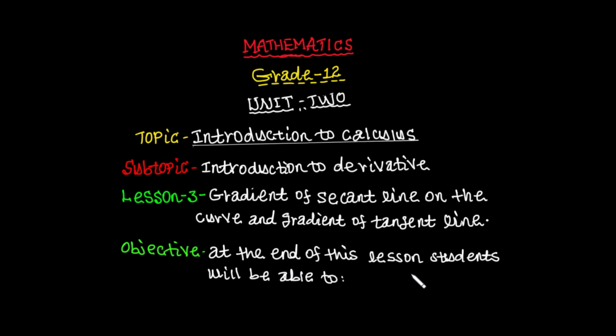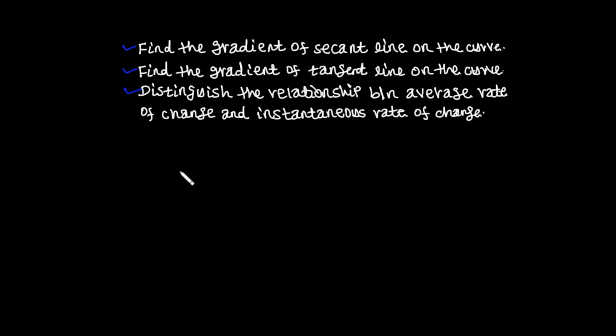at the end of this lesson students will be able to ቢያንስ ስንት ነገሮችን አቺቭ ማድረግ አለባቸው? you should be what the 3 objectives are there. the first objective find the gradient of secant line on the curve። አንድ ከርቭ ላይ አንድ ሴካንት ቢሰጣችሁና እነዛ ፖይንቶች ቢሰጡ ደግሞ what is the gradient or the slope of the secant line። ሁለተኛው find the gradient of tangent line